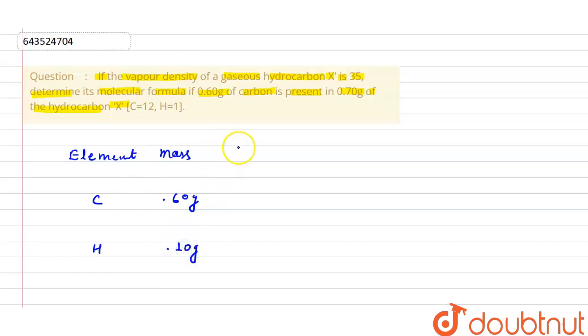After that we can find the percentage of element in that compound. So that will be mass of that element divided by total mass of the compound multiplied by the 100. Next one, this one also, mass of this element divided by total mass of the compound multiplied by the 100. So in that way we can find the percentage. So this will be equals to how much? This point will be removed. So 60 by 70, 0 will get cancelled out. So it will be 600 by 7.